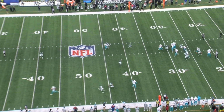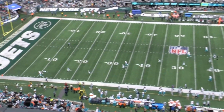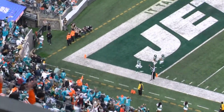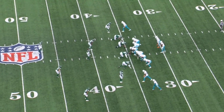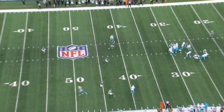Look, you do see he puts his whole body into the throw, and it still is a bit underthrown. They do get the touchdown, so it's hard to critique him when he threw it 50 yards down the field. We could argue, like, the noodle arm Tua, right? That's what people always say. Well, he did get the ball down the field,